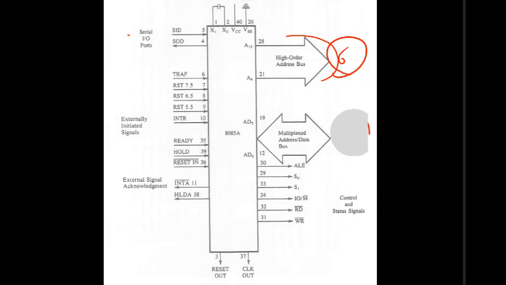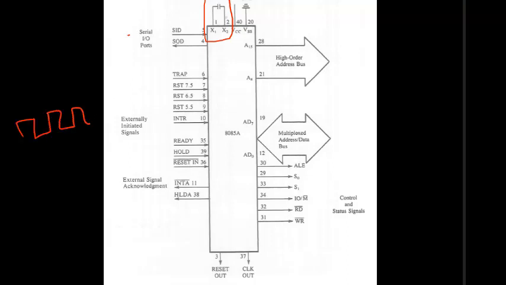The first is the power supply and frequency signals. On pin number 1 and 2, X1 and X2 is written. The crystal which generates the frequency is connected between pin number 1 and 2. And suppose we want to give this clock to some other device, then we have a clock out. Whatever clock we are getting here, we can give it out to external devices also.